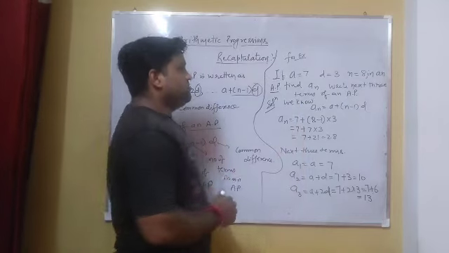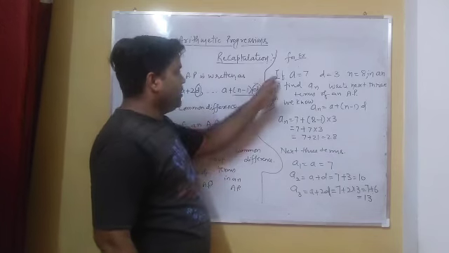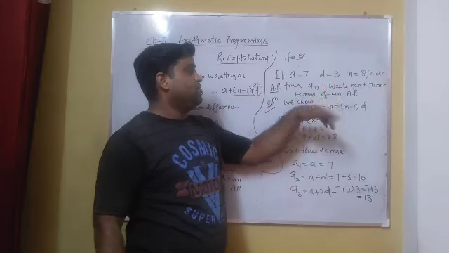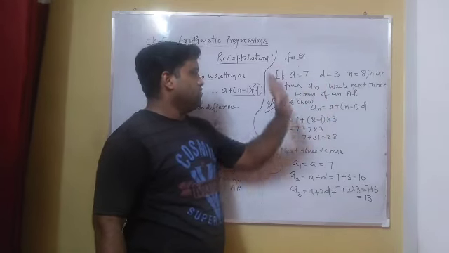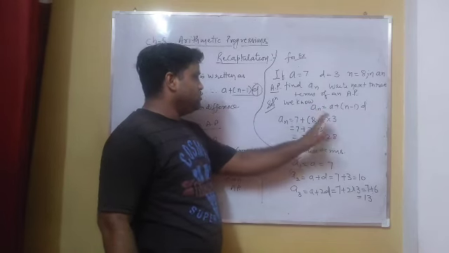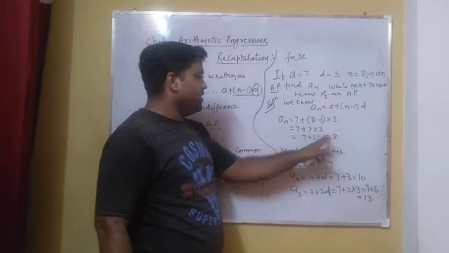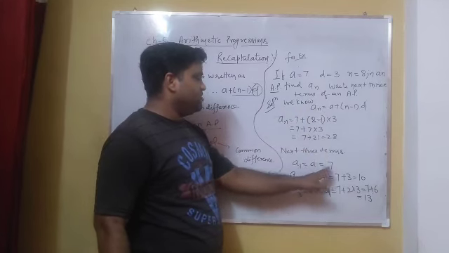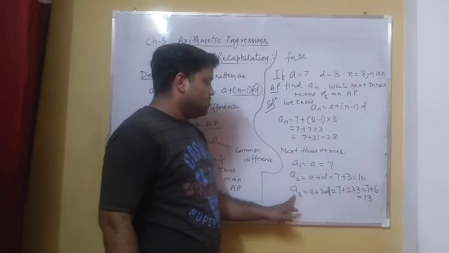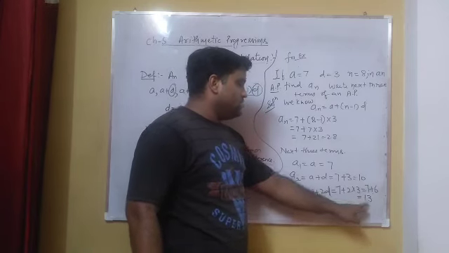Here a sample question is given for a clear understanding of how to use that formula. If a is equal to 7, d is equal to 3, n equal to 8 in an AP, find a_n, the nth term of the AP, and write the next three terms. We know the nth term of an AP is a_n equal to a plus (n minus 1) into d. Putting all the values in the solution, we get the nth term equal to 28. The next three terms are given by a_1 equal to a, which is equal to 7, a_2 equal to a plus d, on putting values we get 10. Similarly, the third term of the AP is given by a plus 2d, which is equal to 30 after putting the values.